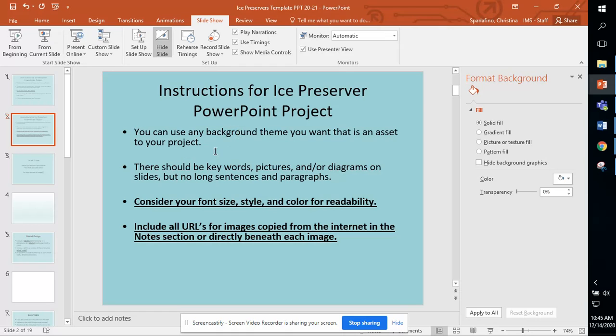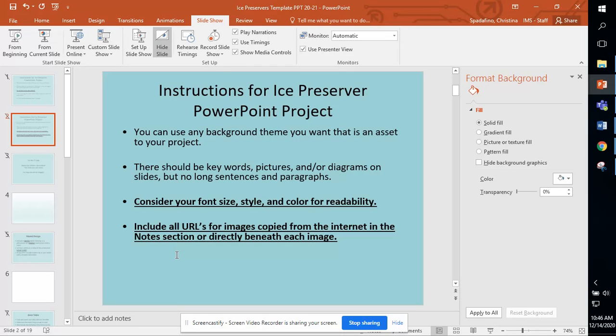Background theme, again, make sure, it's one thing for a PowerPoint to be pretty. I'm more concerned with it being clean and neat. So really focus and keep it clean, keep it neat, meaning it should be legible. It shouldn't kind of be all over the place. Don't use fonts that are hard to read. I'm not really assessing you on how pretty your PowerPoint looks. I'm looking at the data. I'm looking at everything kind of follows, and I'm looking at your content. Your content is the most important thing.